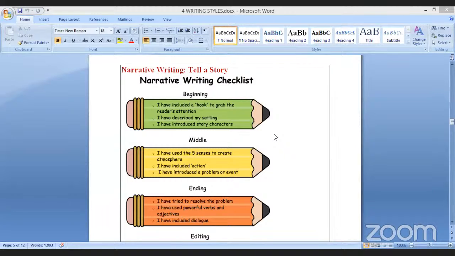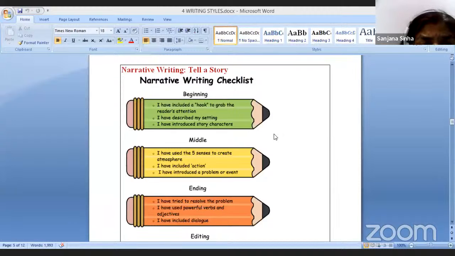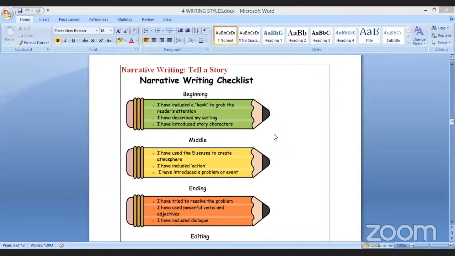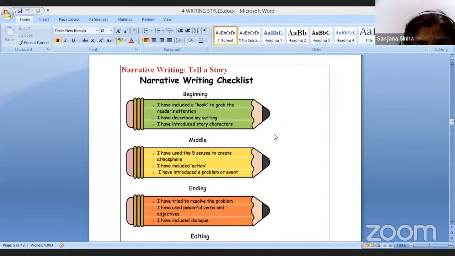So in the narrative style of writing, each narrative writing style has a beginning, has a middle, and has an ending. ये 1 मिनट,